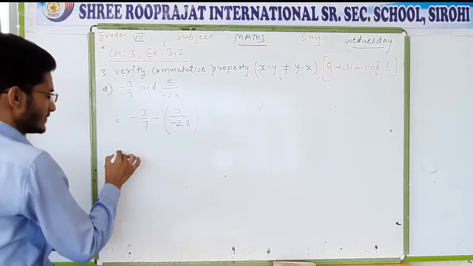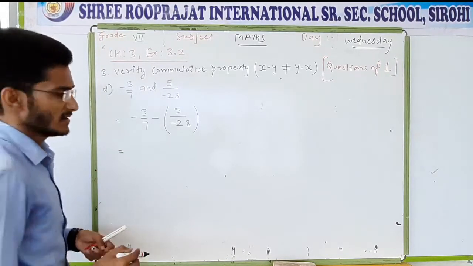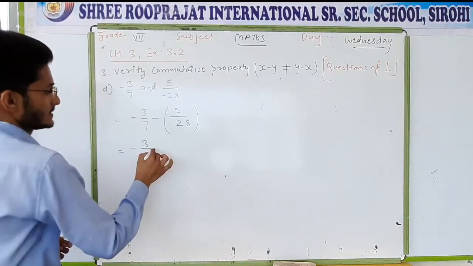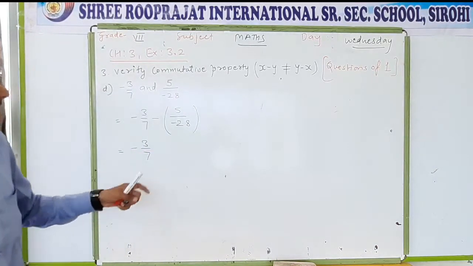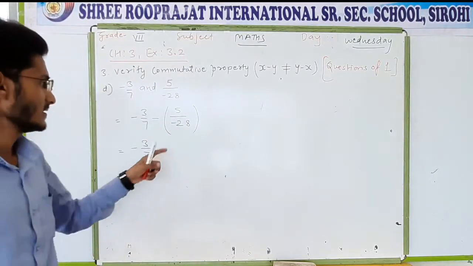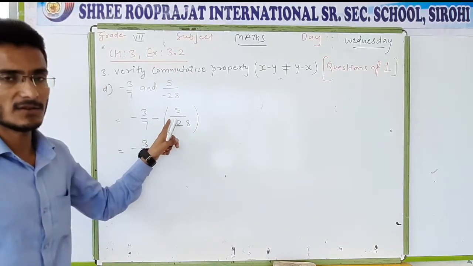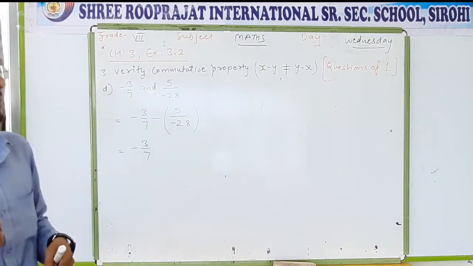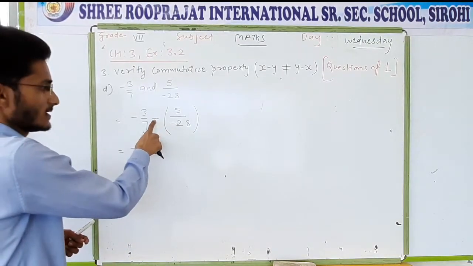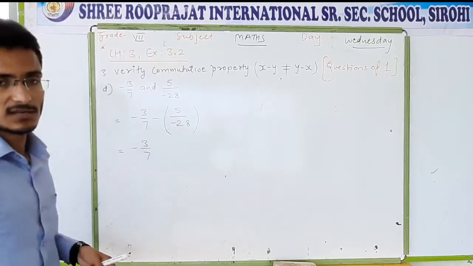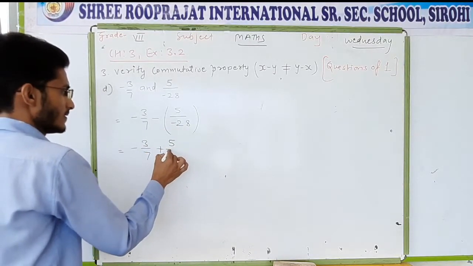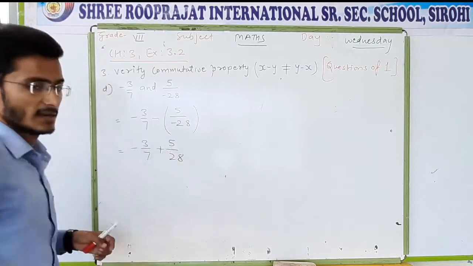So now you have to subtract. Before that, you have to open the bracket. So 3 by 7, minus sign of negativity, so minus and minus will become a plus. Or you can say that at the outside the bracket there is a minus, that means you have to change all the signs of the numbers which are given in the bracket. It is given minus, so you have to change the sign. Minus becomes now plus. So you will get 5 by 28.